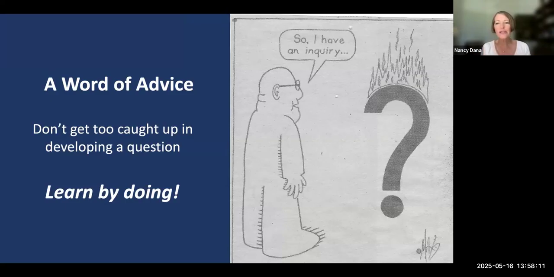And as you go through the cycle of inquiry, you may learn some things, and that will circle you back to the question you developed, and you might tweak your question. You may redevelop it. So don't get too caught up in where you're going to start, but indeed give it some good thought to be sure that it contains each of those 5 components that we reviewed in today's video of what makes a good wondering.